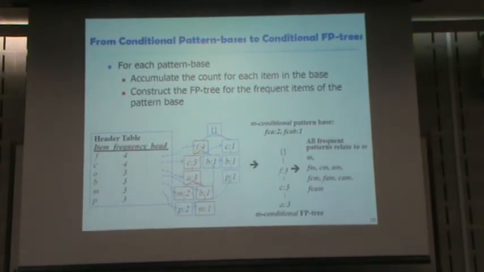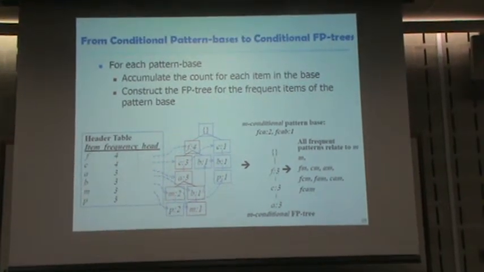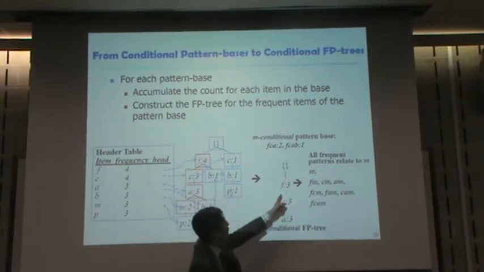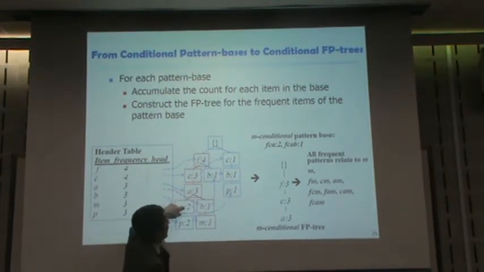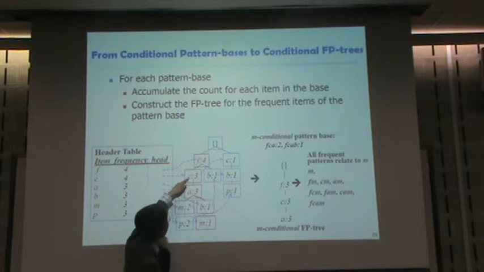For each pattern base, in this case, this is the M conditional. So for M conditional we have 2 of the FCA, okay, then 1 of FCAB, okay. At that time, that is the 2 of the FCA, 2 of the FCB. So we can find as many combinations as possible. So that is the FM. So FM is possible, and CM, AM, okay, FCM, FAM, and CAM,